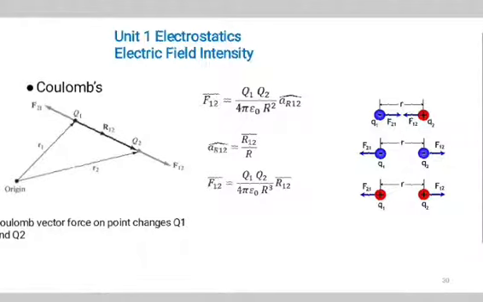Charles Augustin de Coulomb performed experiments on objects having a static charge of electricity, and Coulomb concluded that a force of attraction or repulsion exists between two electric charges. So, what is Coulomb's law? Two like charges always repel each other, whereas two unlike charges always attract each other. The force which exists between the two charges is directly proportional to the product of the charges, and inversely proportional to the square of the distance between them.